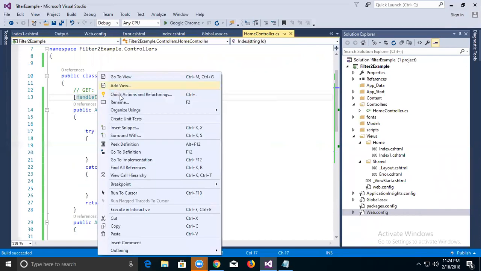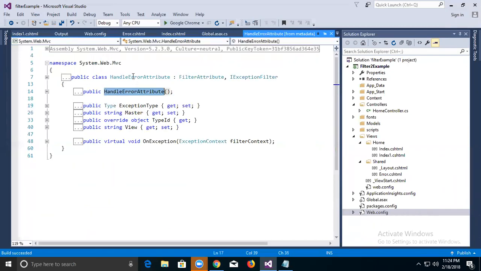So I just go to the definition for it and we can see that the handle error attribute is inherited from a filter attribute class, and exception filter is a particular interface. This exception filter is required for handling your particular errors. This handle attribute class could be anything. Whatever attribute you want to create, you can create your own attribute name. It's not that you can have only the handle attribute here. You can keep your own name also and you can do it. But the thing is,